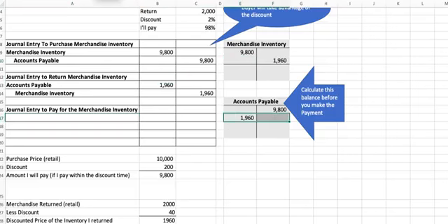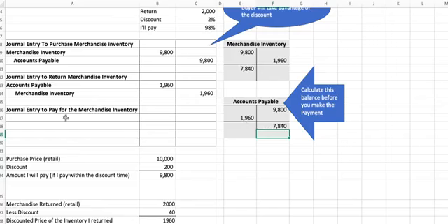So I'll draw a line on each T account, and then I'll figure out the balance for merchandise inventory, which is 9,800 minus 1,960. And the balance now for accounts payable is 9,800 minus 1,960 because I returned some of the inventory. And anytime you make a return, you don't have to pay for that portion. So it looks like the amount that is due is